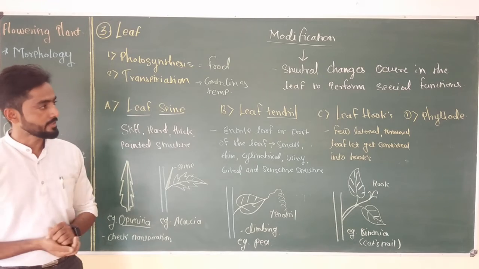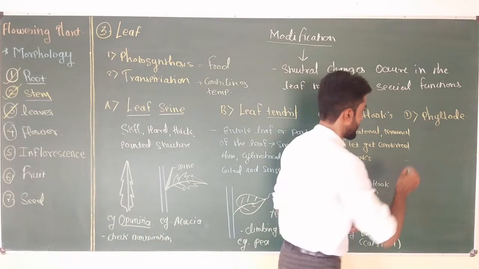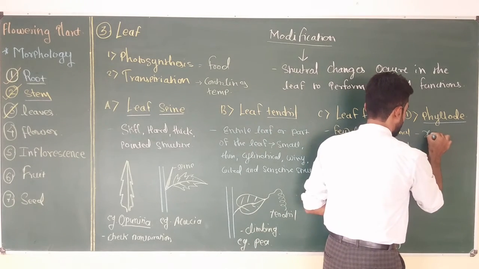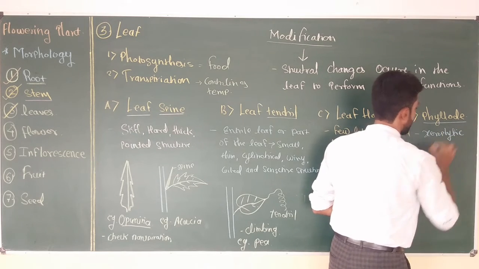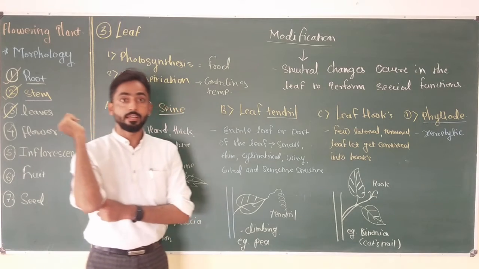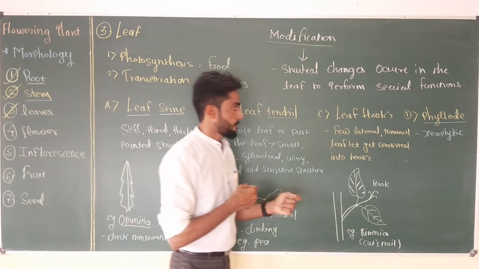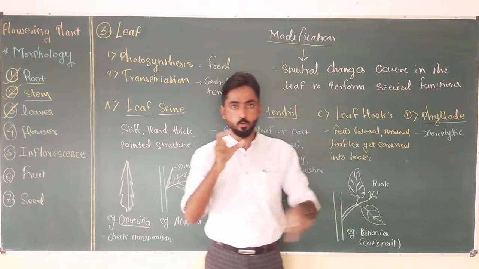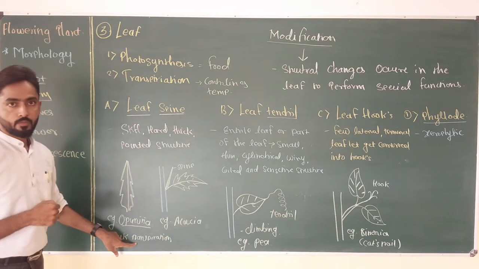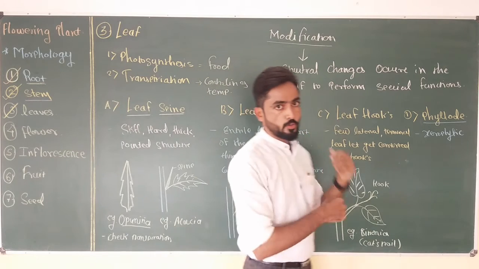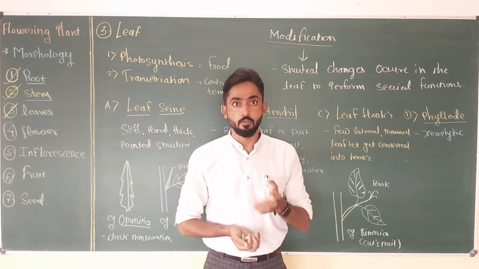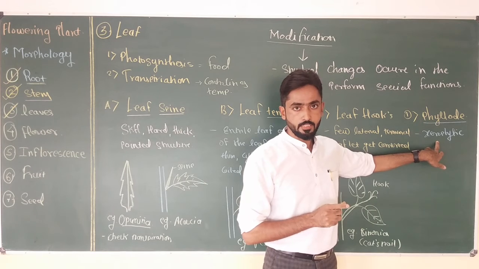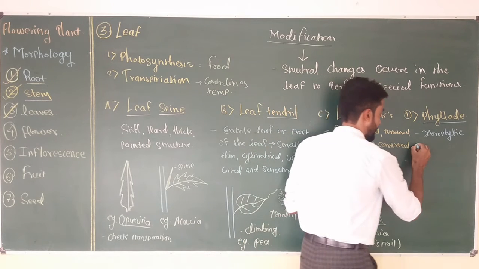The last type of modification which is present in angiospermic plants is Phyllode. It is mainly present in xerophytic plants. What is a xerophytic plant? A plant which grows in deserts, in conditions where water is present in a very low amount. So in xerophytic plants, the plant has to control transpiration, because they do not want water molecules to come out from the leaf in the form of water vapor. They have to conserve the available water, and to check the rate of transpiration in some xerophytic plants, for example acacia,